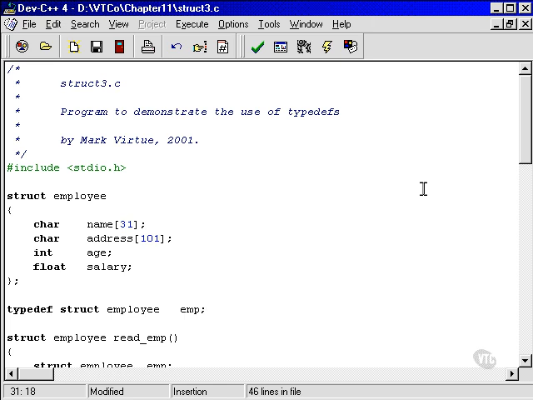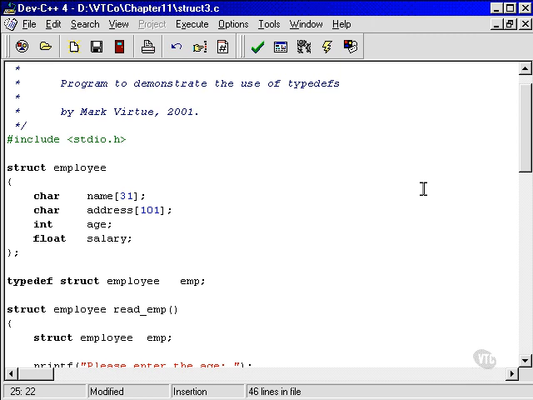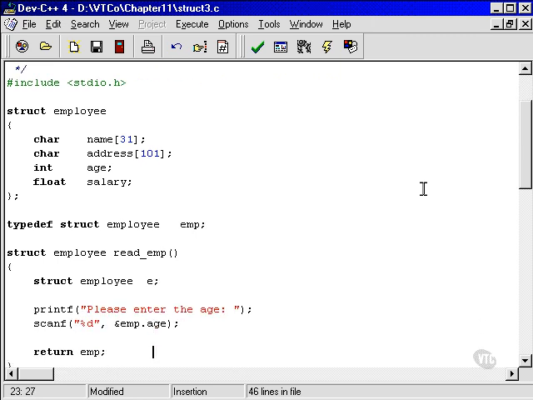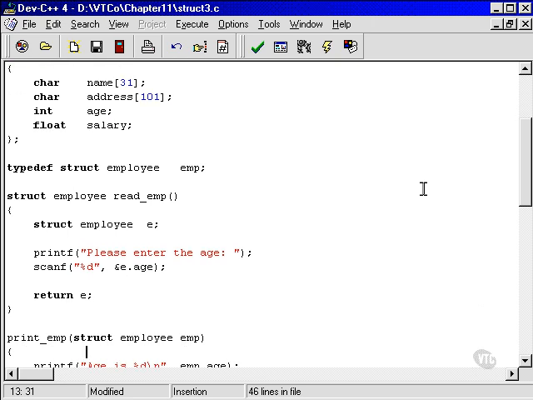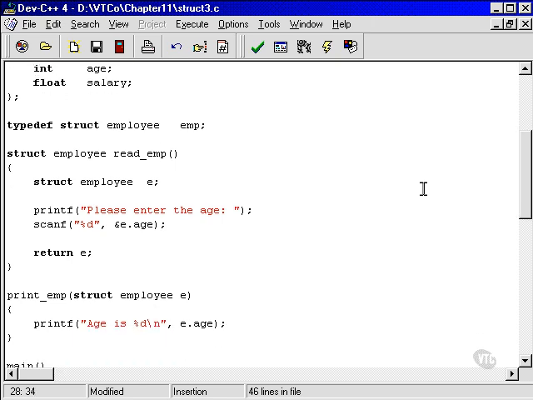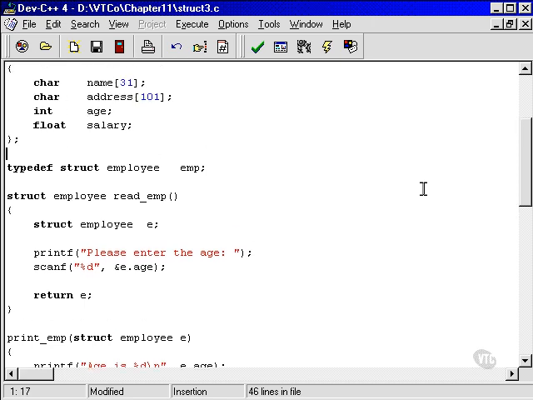Okay, so now that I've created a type called emp, I can't actually have any variables called emp, and I did have some variables called emp here. I had emp here, so I'll just call that E now. Make sure I don't call it emp anywhere, because you can't have a type and a variable that have the same name. Whoops, that one's fine, because that's the printf, that's the name of a function, but I can't put it there and I can't put it there. Okay, now that I've done that, I've made sure that that's okay. I've created a new type now called emp,